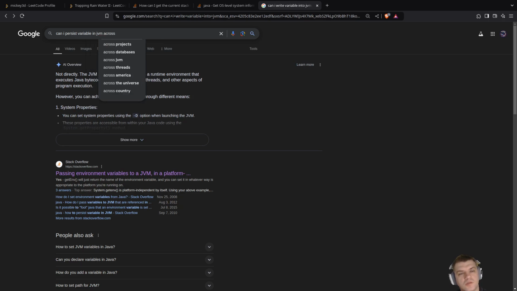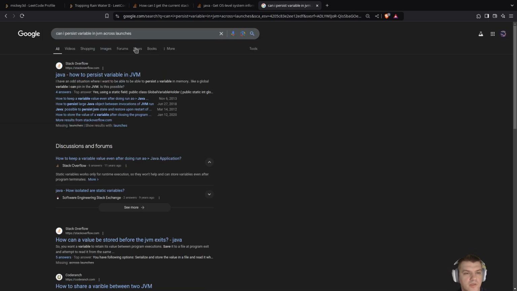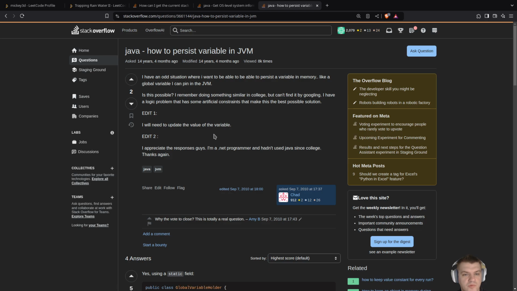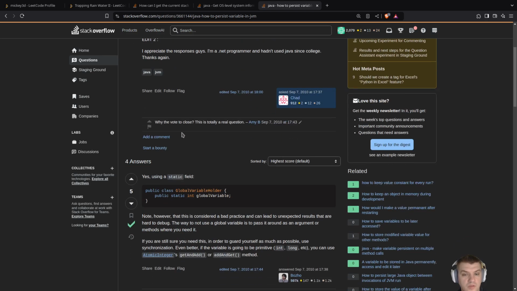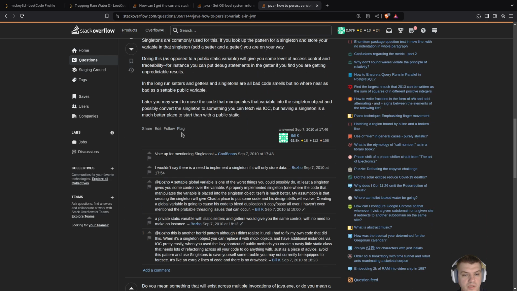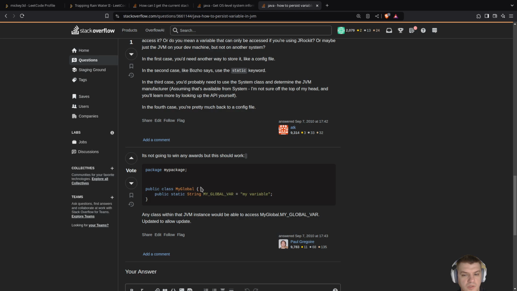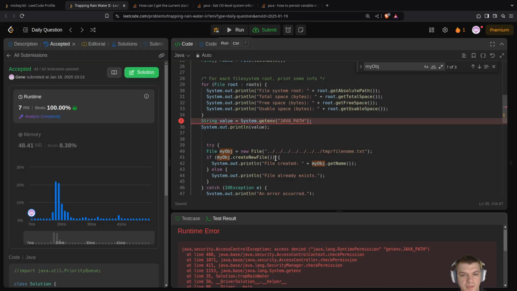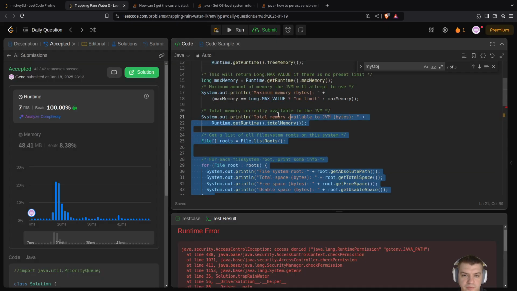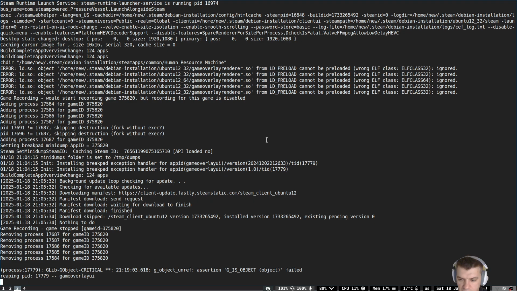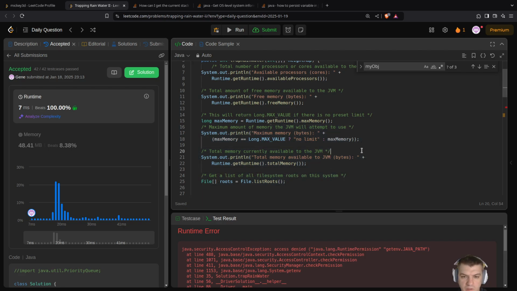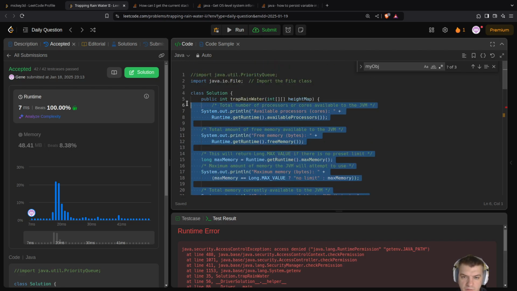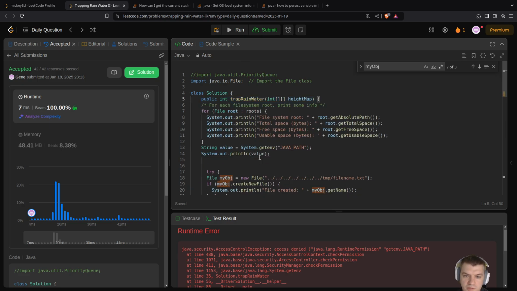Cross launches. Okay, cross launches. How to persist on the JVM? I don't know. This is too hard. Okay, so I cannot track it, but whatever. It took me some time to figure out. Okay, so I'll do the following. I'll just print